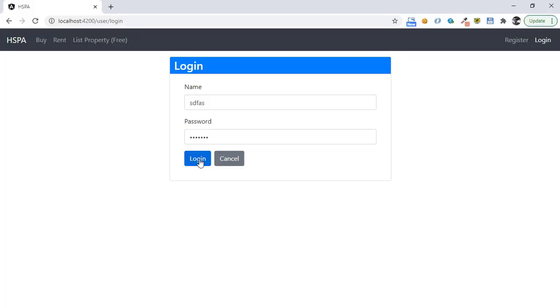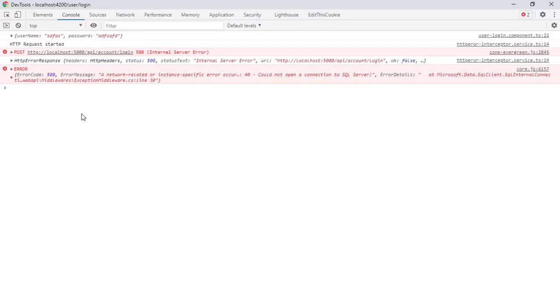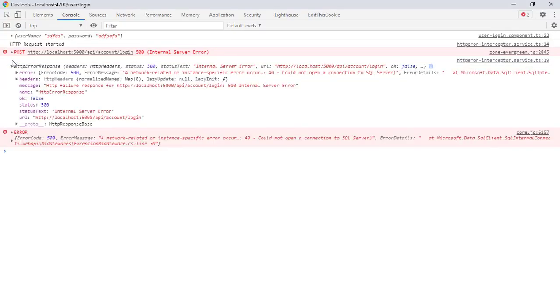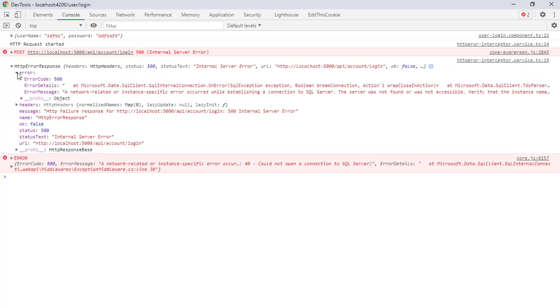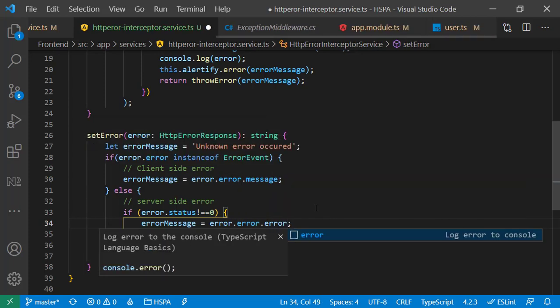Let's see what will happen if we try to log in now. Again, we got a blank notification this time. And the reason is we got status code 500, that is not 0 this time. So our interceptor did not consider this as an unknown error. And the error contains a JSON object that contains 3 different properties, but our interceptor is accepting a string in the error. So to fetch this error in our interceptor, we will have to use error.error.message here.